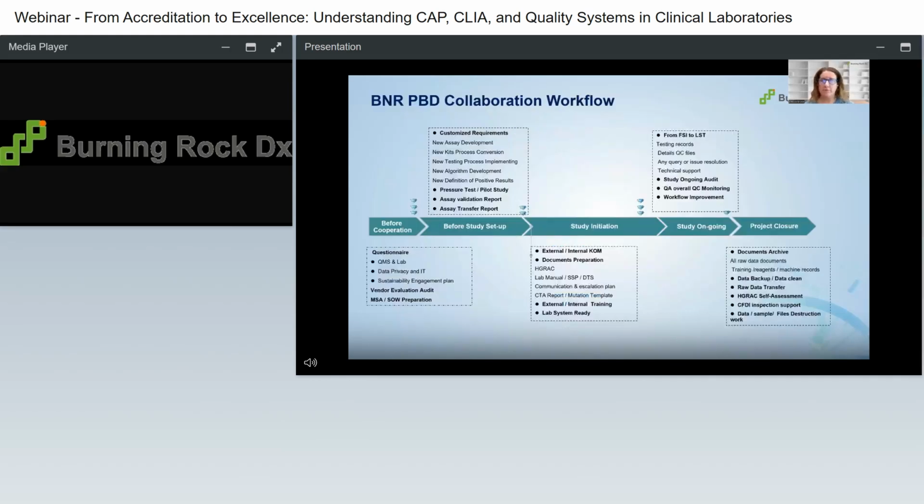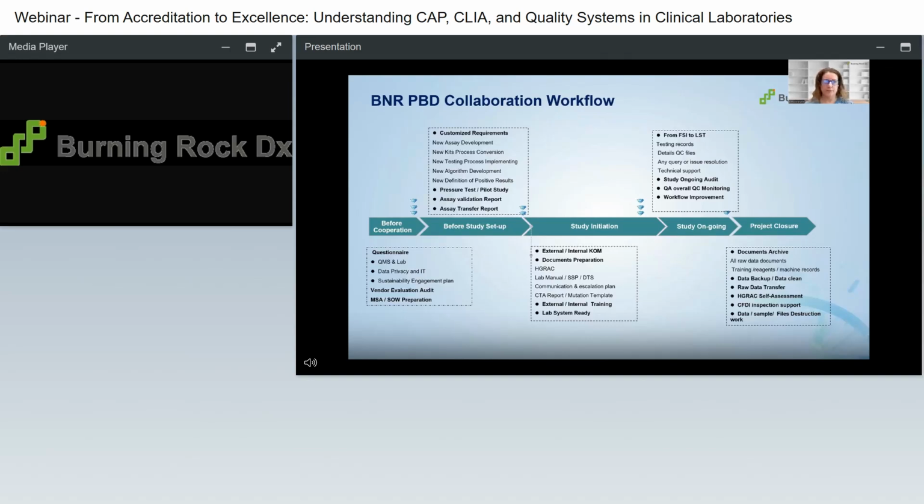This is an overview of the workflow, showing that we work closely with our clients at each step of the way to give them the best customized workflow that we can. So every one of our pharmaceutical clients has specific requirements for their specific trials, and so we are able to customize our workflow to fit their needs,